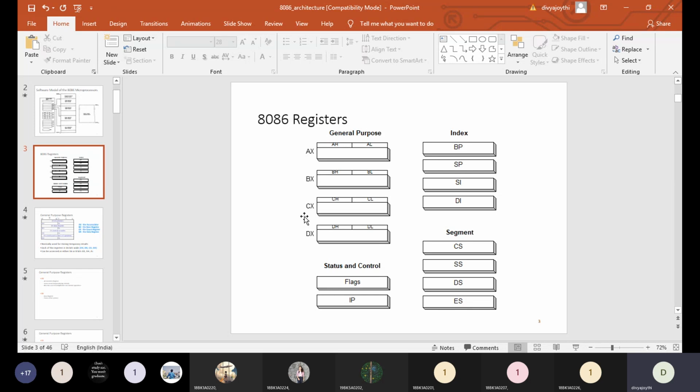Assume that there is only 8-bit of data. Even though general purpose registers support 16-bit of data, if you are using only 8-bit of data, then there is a provision that you can make use of either AH or AL instead of